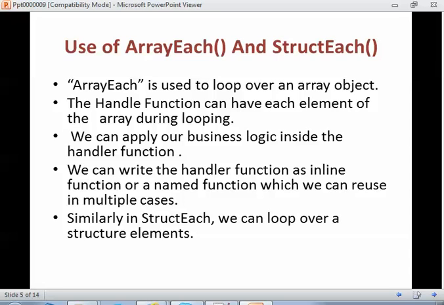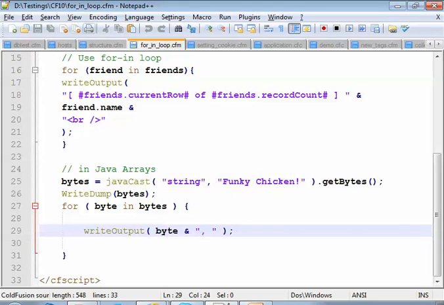You can see arrays used for query and arrays. The handler function can have each element of the array during the looping. We can apply our business logic inside that handler function. The handler function can be a function which will be outside, or it can be an inline function as well. Similarly, for struct each, we can loop over the structure elements. Let's see an example for this.